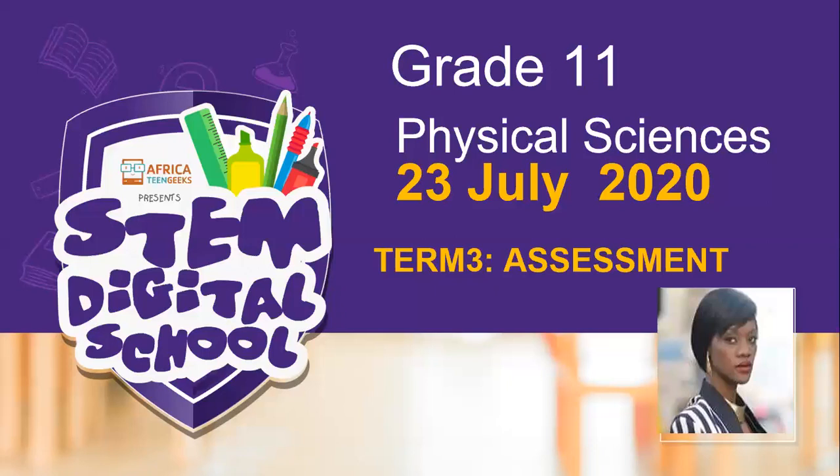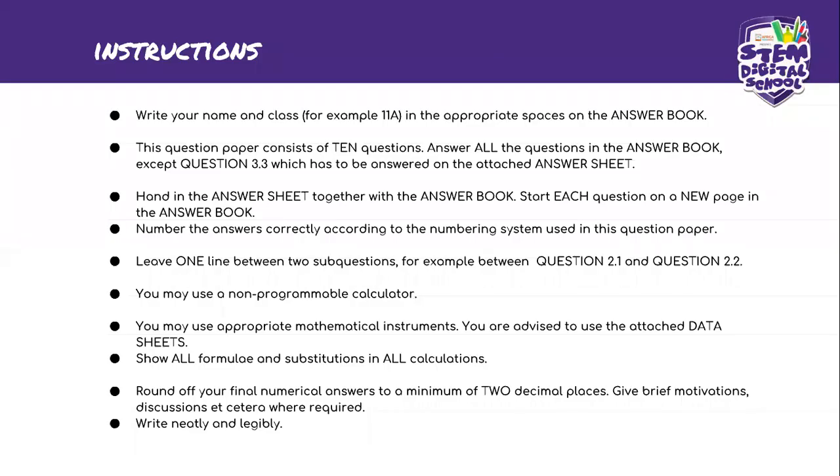Please, guys, make sure that you do this paper correctly. Be honest to yourself, trust yourself, and put yourself to that test. This is a self-test. Tomorrow we're going to be marking the work that you are going to be doing today. So the instruction to this paper: when you write on your answer sheet, you must write your name. There's no class, but you can write Physical Sciences class on your answer book.